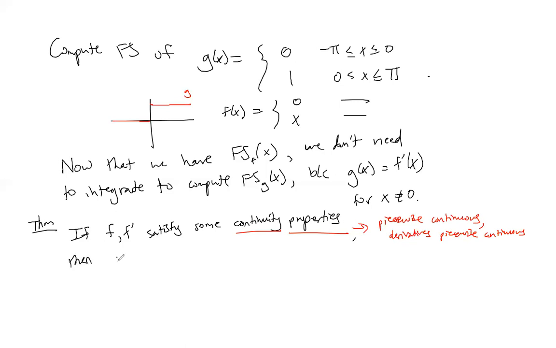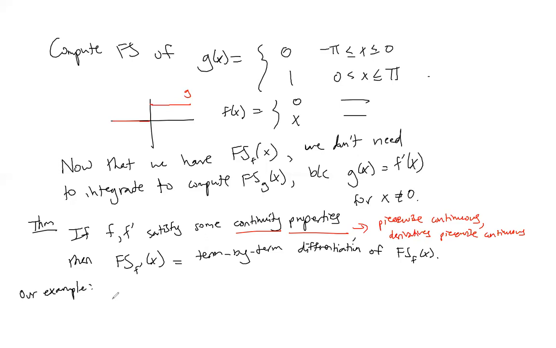Then the Fourier series of f prime equals the term-by-term differentiation of the Fourier series of f. So for our example,